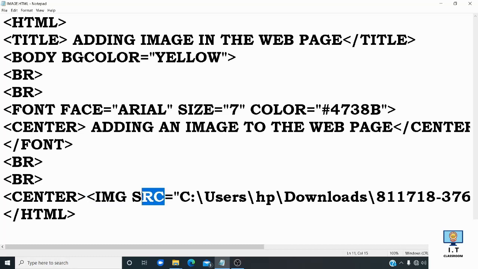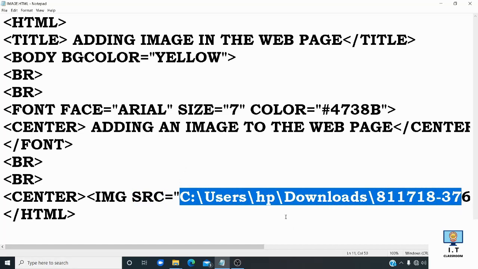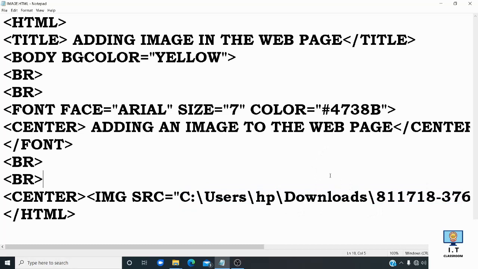src is an attribute of this img tag. It will describe the location of the image. Here we have given the path, the location of the image, from where the browser has to take the picture. So after typing this whole program, we have to save this